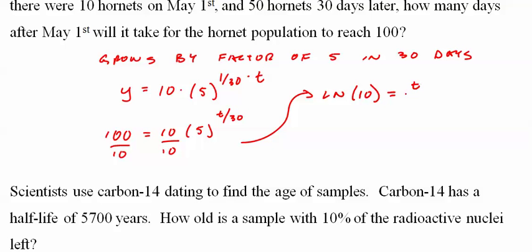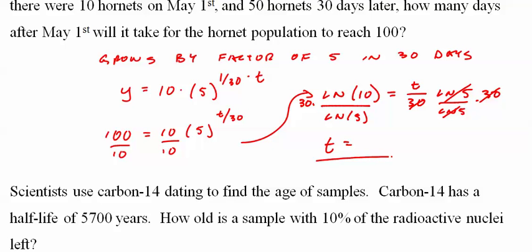T over 30 times natural log of 5. Divide by natural log of 5. Multiply by 30. And we get t equals 42.920